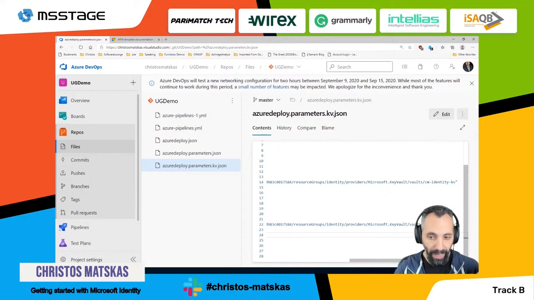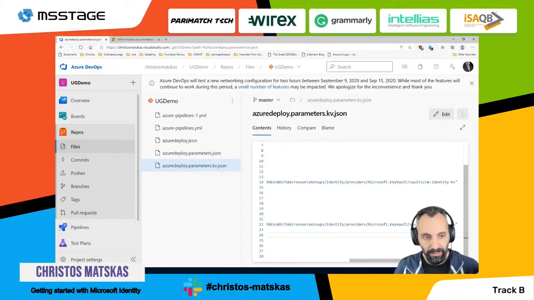It doesn't have the permission to write, it doesn't have the permission to create, just read permissions into that specific key vault, in order to be able to pull that. And we can have multiple service principals for multiple environments. So you can actually start seeing that this segregation allows us to create security layers in our deployment pipeline without